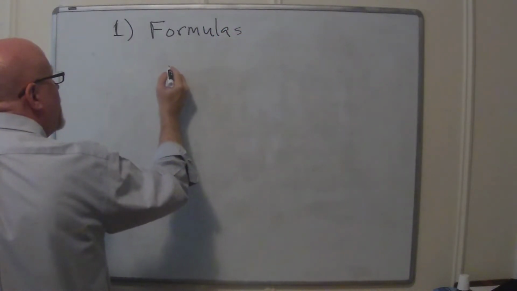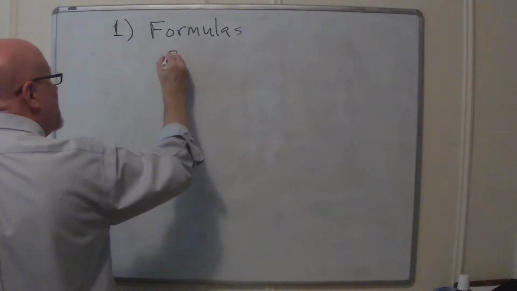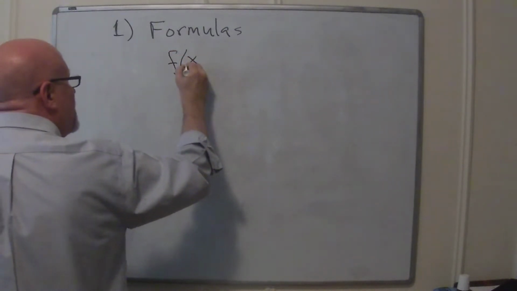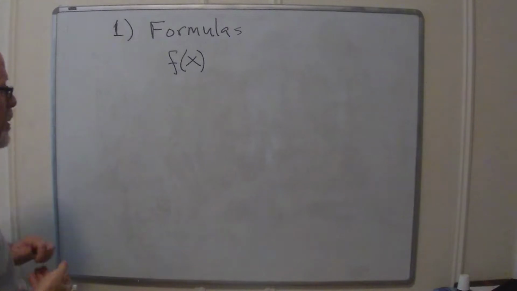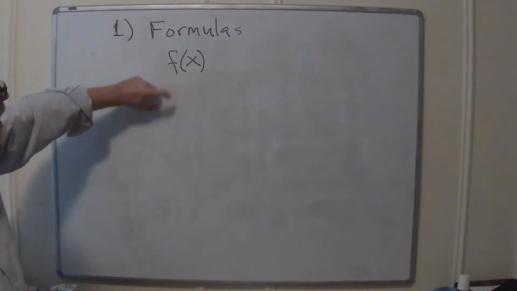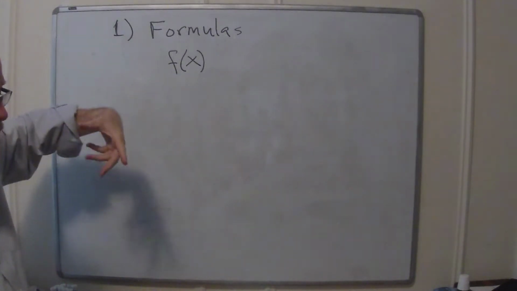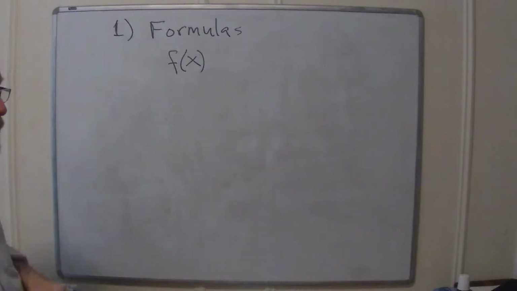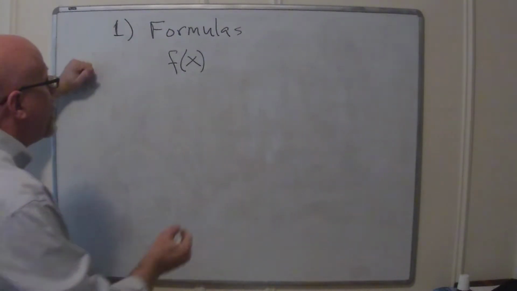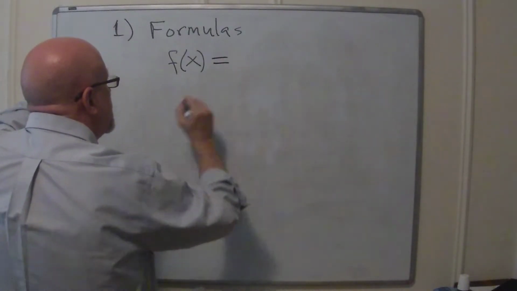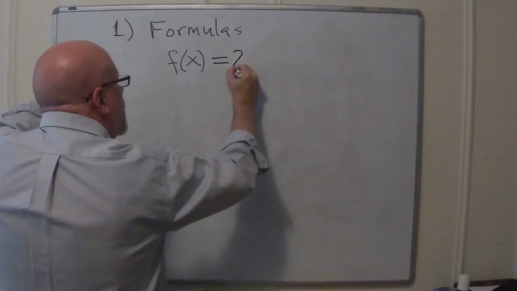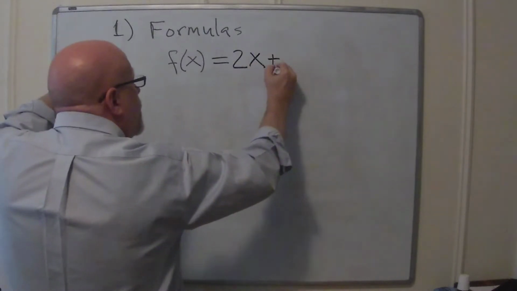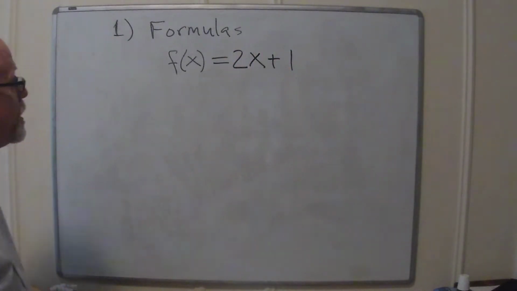This is where people always write f of x, right? So f of x, which I think you've read that way before. The name of the function is f, and x is sort of a dummy variable, really. It's an arbitrary thing that you can think of as being an input. So how about we do f of x is, let's double our x and then add 1 to it. That's a function.